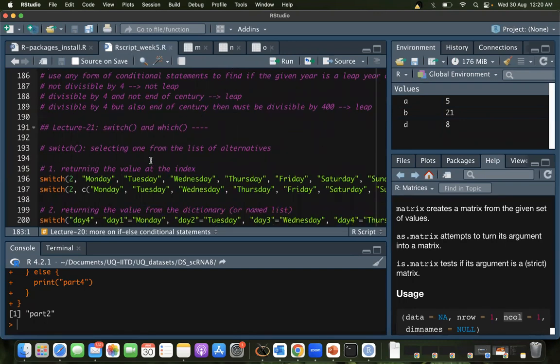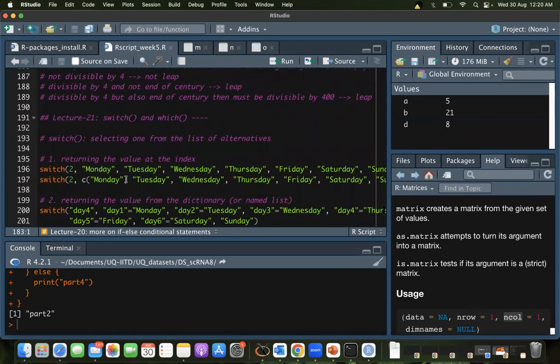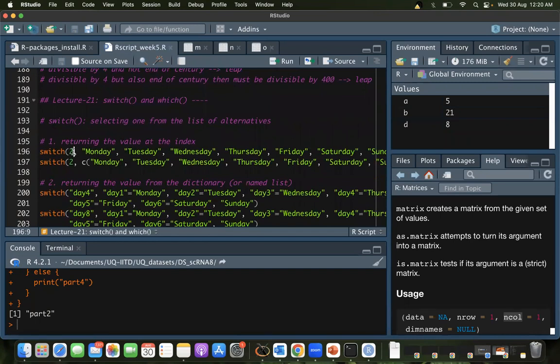All right. Now, this thing called switch. What switch does is, if you're giving it a list or a vector after the first argument, then it gives you the value of that vector at the position that you specify in the first argument. So switch can take as many arguments, there's no limit, but the first argument is special.